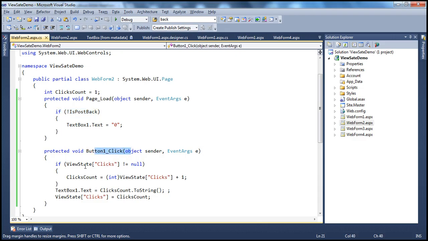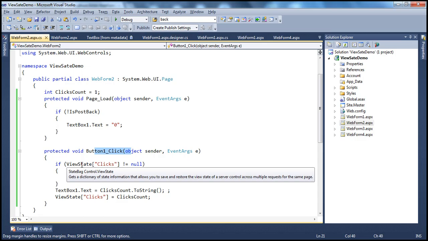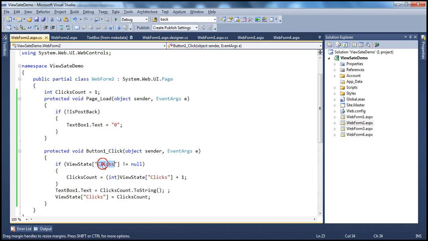And look at this: if view state of clicks is not equal to null. Here, view state of clicks will be null because we haven't stored anything in this clicks view state variable yet. So this will be null for the first time, and this piece of code will not be executed. So what we are doing here is clicks count dot ToString. We are converting clicks count to a string and setting that as the text property of the text box